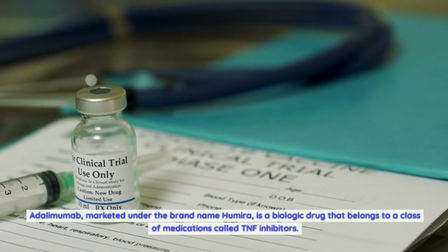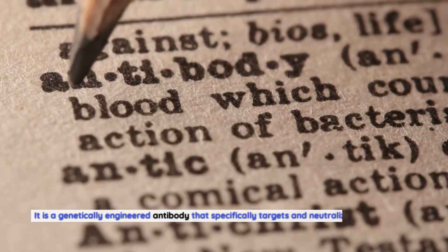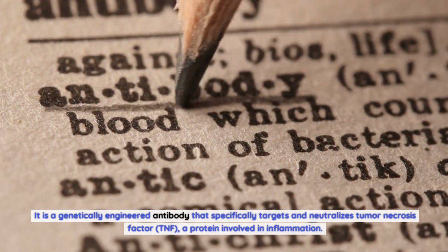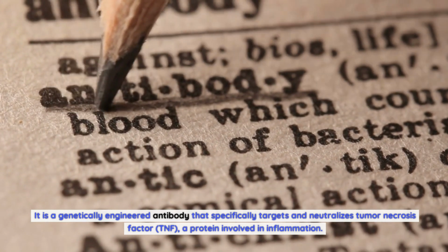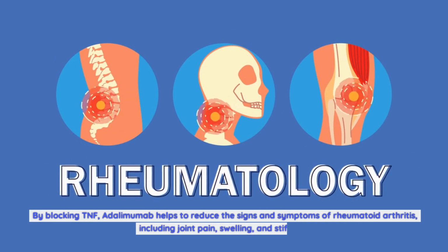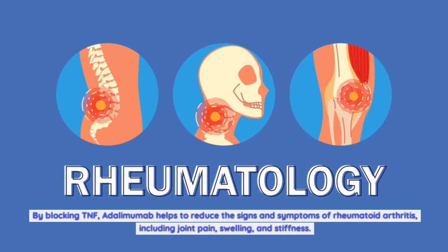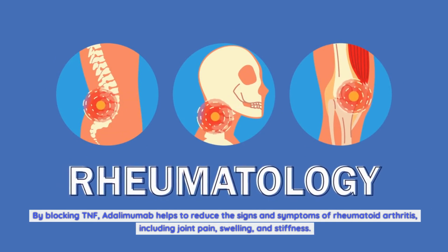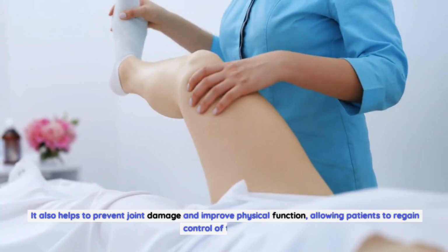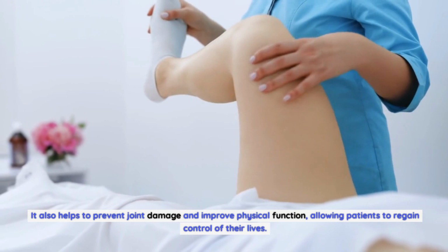medications called TNF inhibitors. It is a genetically engineered antibody that specifically targets and neutralizes tumor necrosis factor, TNF, a protein involved in inflammation. By blocking TNF, Adalimumab helps to reduce the signs and symptoms of rheumatoid arthritis, including joint pain, swelling, and stiffness. It also helps to prevent joint damage and improve physical function, allowing patients to regain control